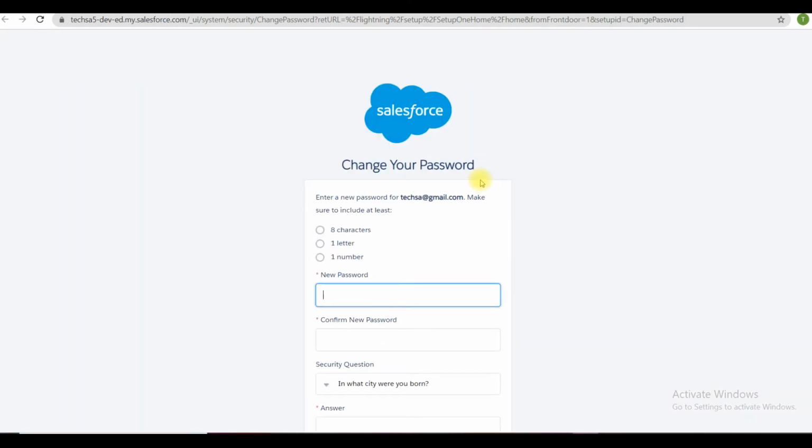It will ask me to set a new password. It should contain at least 8 characters in total, with at least one number and one letter. So I am providing a secret password.